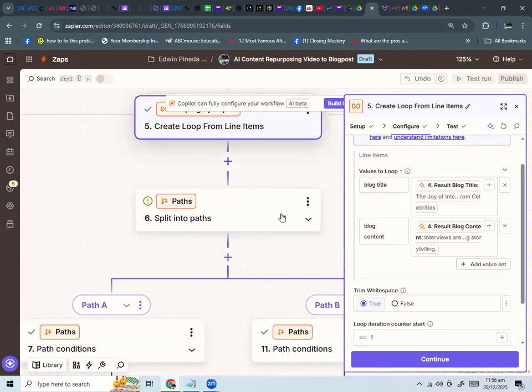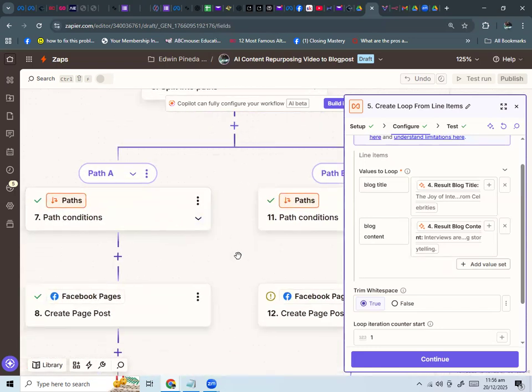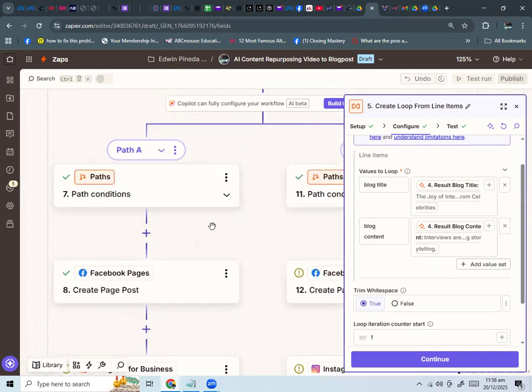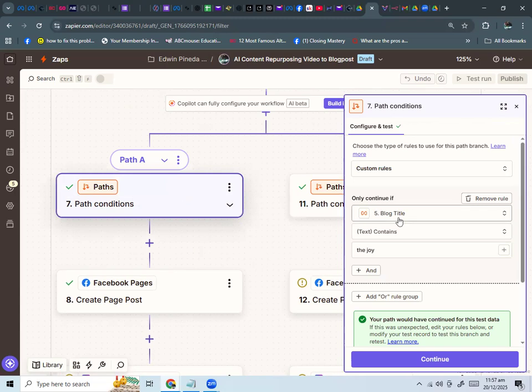The next step is Paths. This path will choose what to post on the social content. For example, if I want to post only blog titles that contain the word joy, that is my parameter, like a filter.